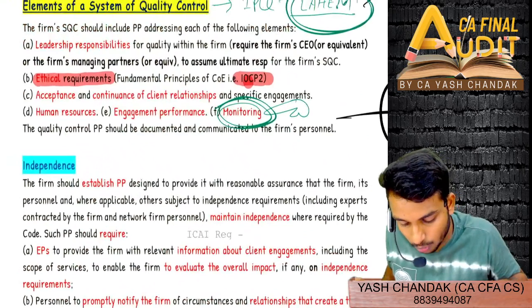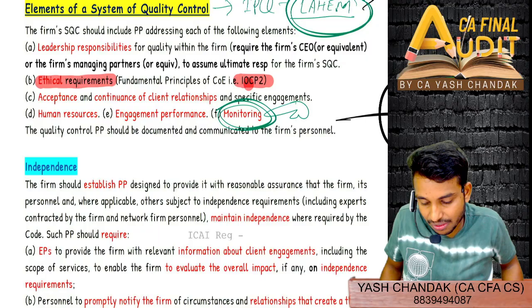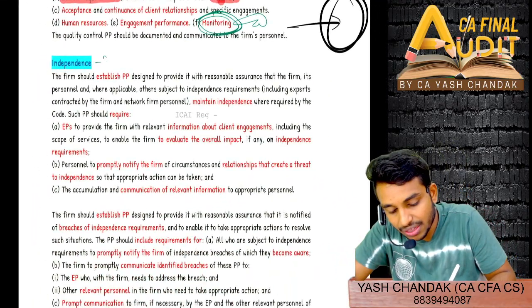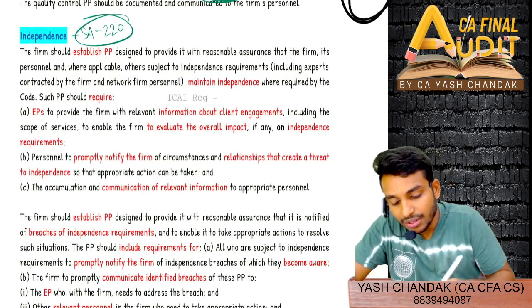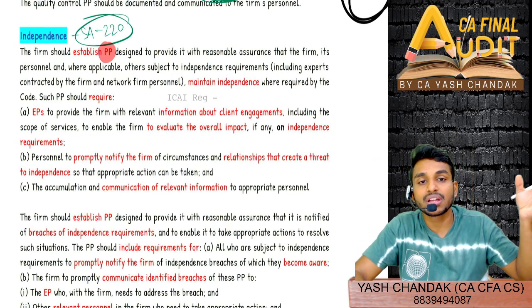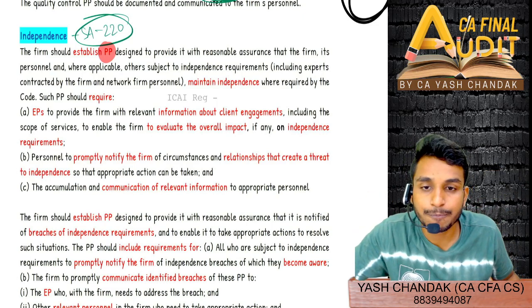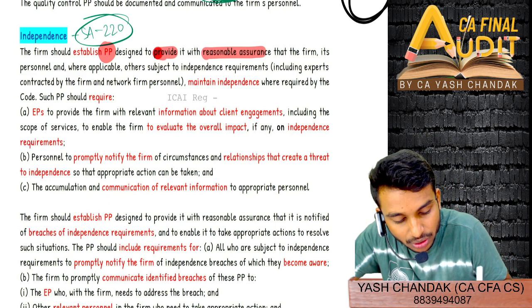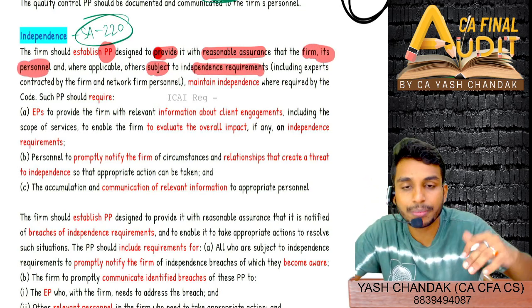So let's quickly delve into each and every element. The first one being the independence requirement. Independence requirement is the basic requirement that we will also see in SA 220. The question also comes from SA 220. We have to have a policy and procedure that mandates all the staff within the firm to be independent from its client, designed to provide it with reasonable assurance that the firm, all its staff and personnel, and other persons who are subject to the independence requirement,